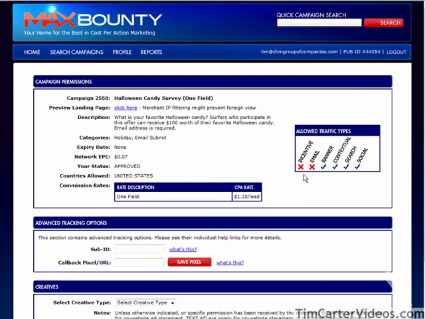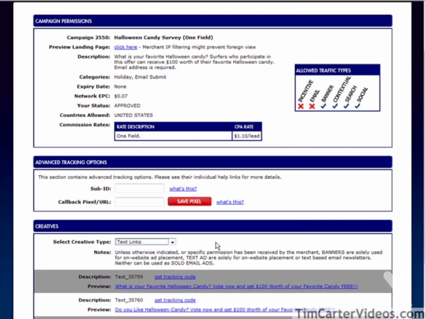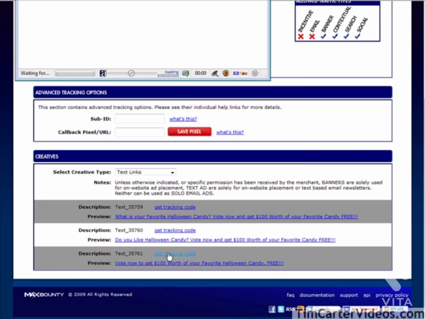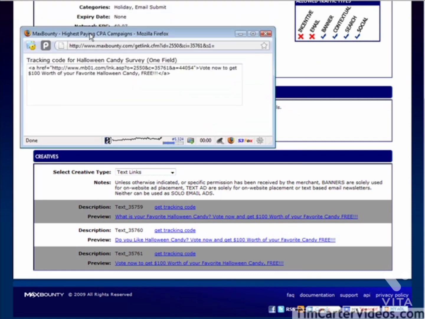Okay, here are the terms over here. No incentivized traffic, no email submits, no email marketing, and then you can use these other ones. So that's okay for us. We get $1.10 per lead. So we can go down here and get our text link. Okay, so I'm just going to get this tracking code here. It pops up a little window for us. I'm going to grab this